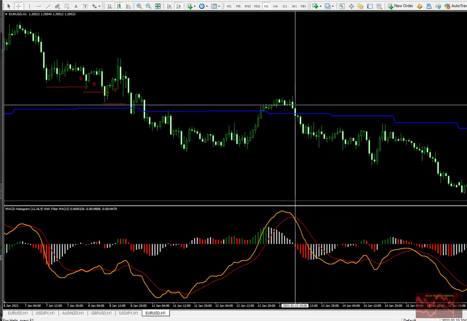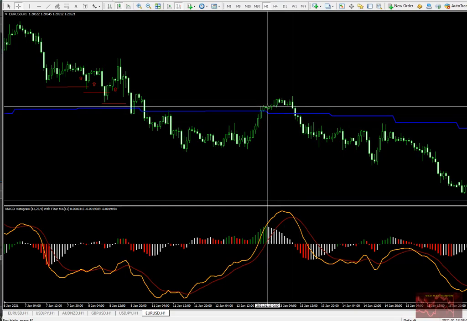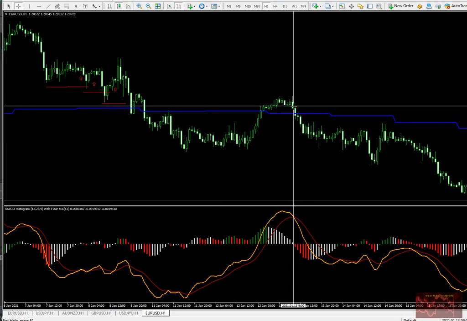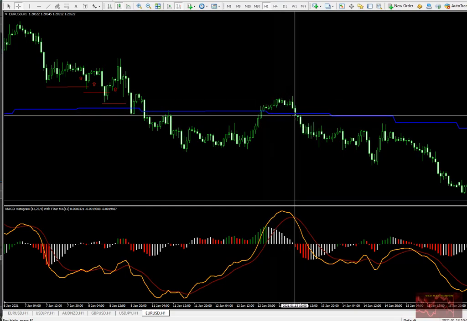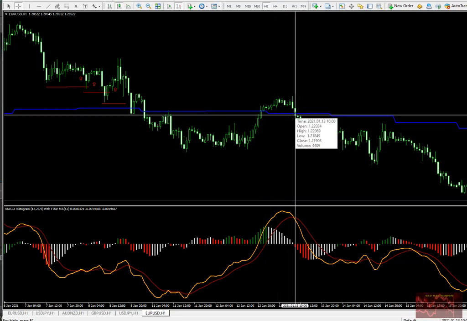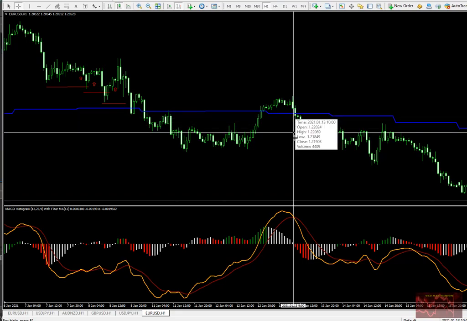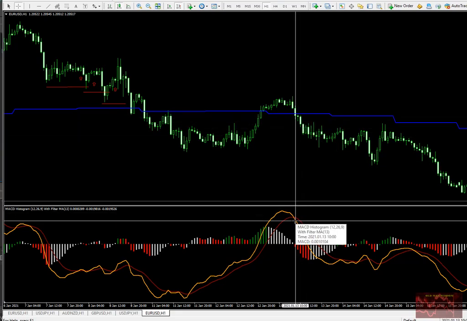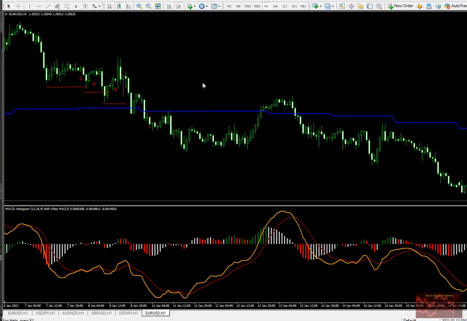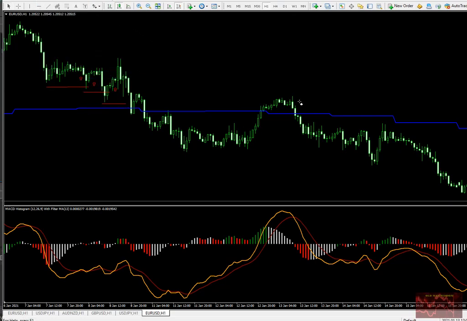Oh, actually, it does. So just look at this. Price comes below the moving average, and on the 1-hour candle, as it closes, it falls below the moving average, and then we're looking for a crossover above the 0 line, and that actually does occur there. So what we're going to do is put a down arrow right there,